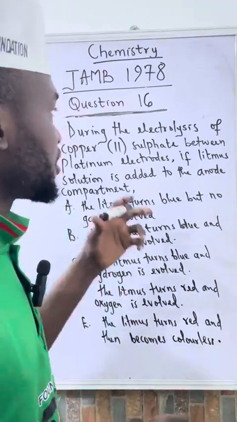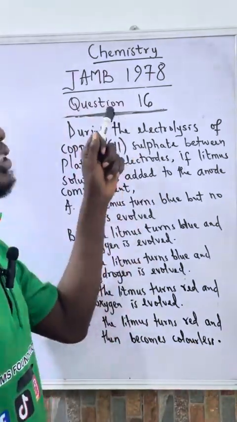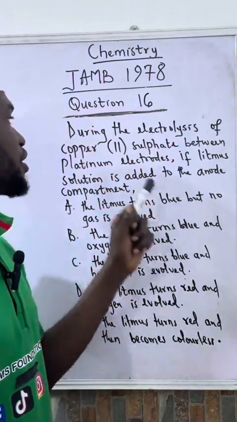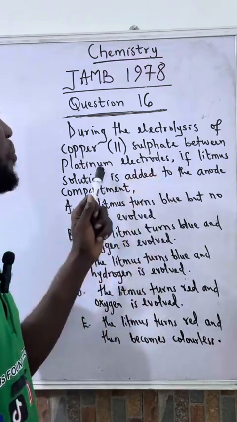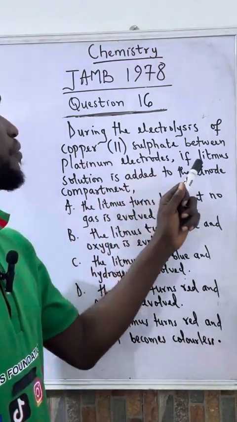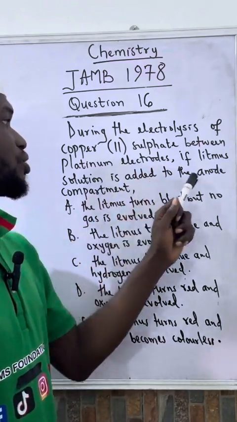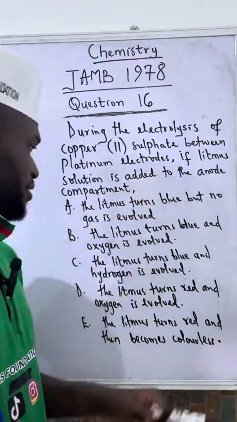Right, let's consider this chemistry question. This is question 16, JAM 1978. During the electrolysis of copper 2 sulfate between platinum electrodes, if litmus solution is added to the anode compartment,